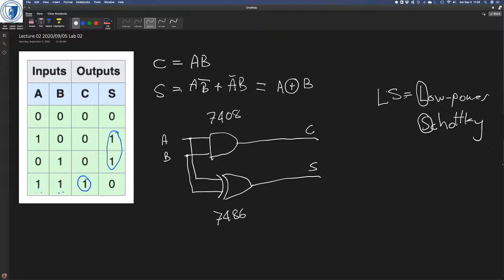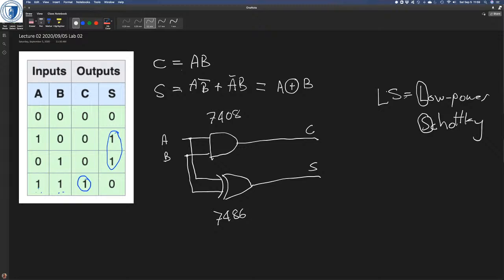So that's why we moved to LS. And then there are various other modifiers, D and F and other things. It's usually LS. I thought H might be CMOS, but I could be wrong. Anyway,